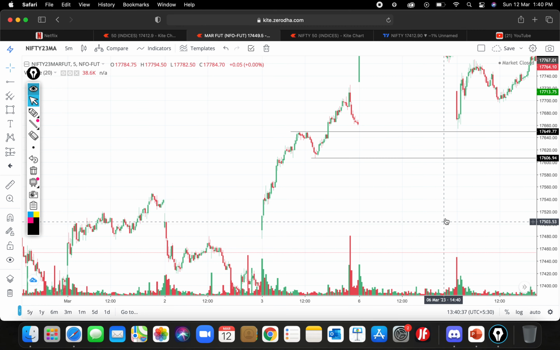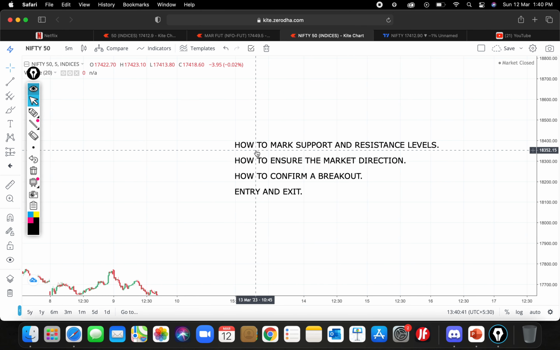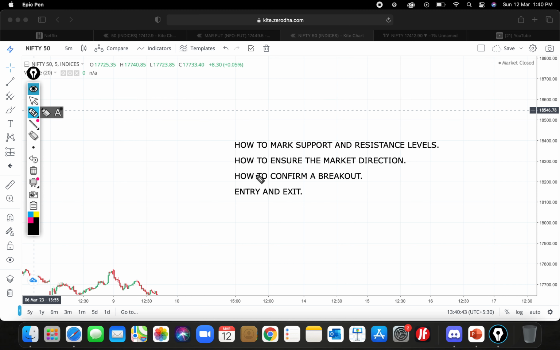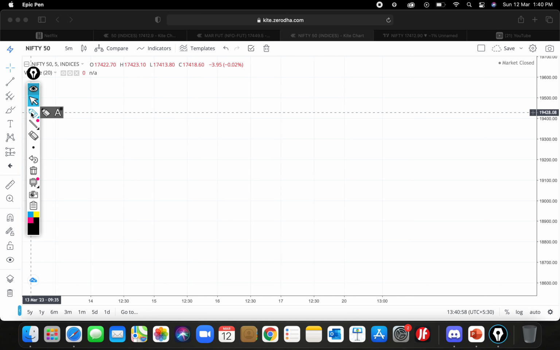So yeah, this is how we usually trade. So we saw how to mark the support and resistance levels. We saw how to ensure the market direction and how to confirm. Now we will see how to confirm a breakout. So let's say we have a resistance and support levels right here. If this is broken here,